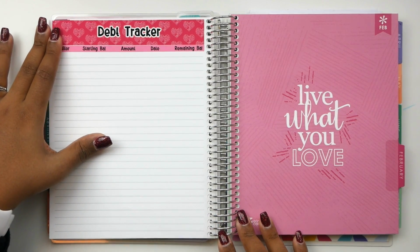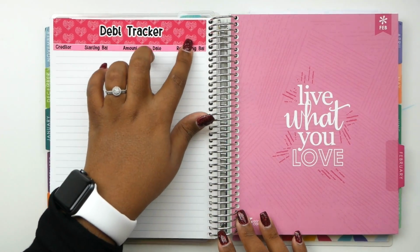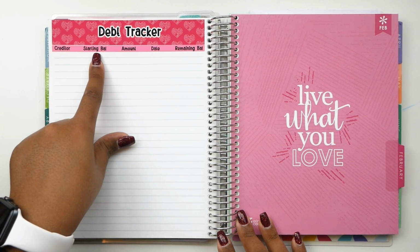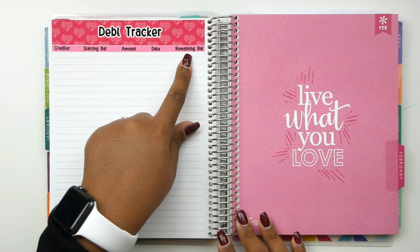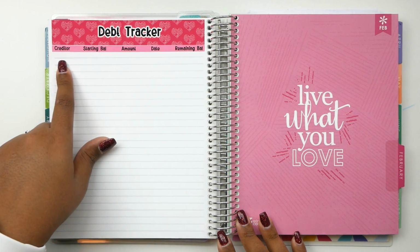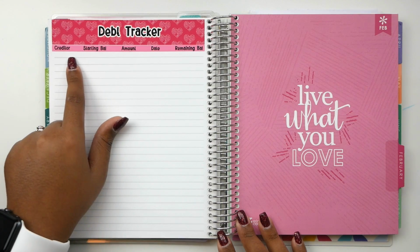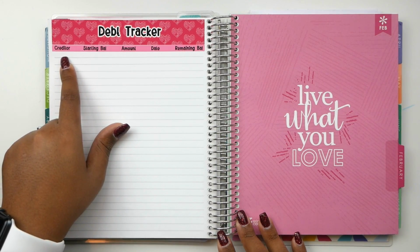These I make custom for myself, so you won't be able to get this exact pattern, but I have set this up as a debt tracker. I have creditor, starting balance, amount, date, remaining balance. Today is actually January the 28th. On February the 1st, I will come here and write down